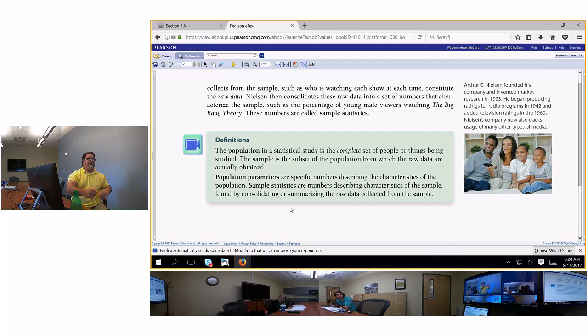And that's why you need to know the difference between a population parameter and a sample statistic. You could say population variable and sample variable. That's basically what it is. If you see a variable in statistics and it is a letter, it is dealing with the sample. If you see a variable and it is a Greek letter, then you are talking about the population. So it's just a little thing that will save you in a meeting from sounding like you don't know what you're talking about. Okay?